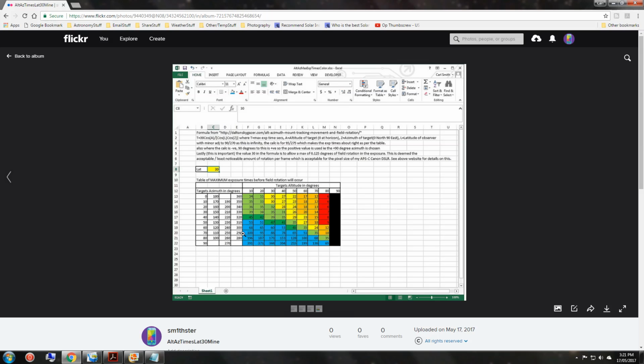And remember, these big numbers, you cannot get them. You should start assuming they're all 60 and just try a 55-second shot, see what you get. And even up in this area that says you can go 391 seconds, I'm sure that around about 65, due to those aberrations in the gear teeth and the motors and the motor pulses, you won't be able to get that even on a very high quality alt-az mount. But that's the reason why you are limited. It's not impossible, but you are limited to the exposure times in different parts of the sky due to field rotation with an